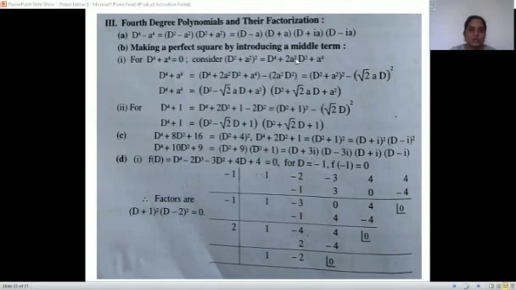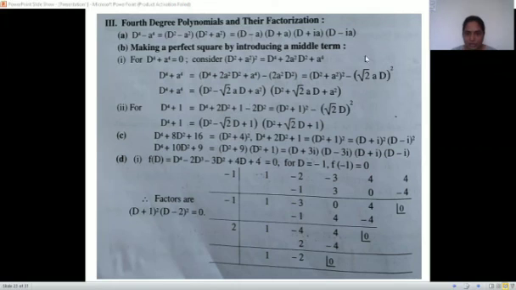Because we know this is some square, we'll add 2A square D square and we'll subtract 2A square D square. So there will be no problem, right? From the first three terms, we can see easily this is D square plus A square bracket square. And this term we can write as root 2AD bracket square, right? So it now becomes A square minus B square form.